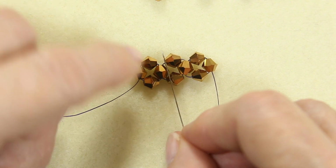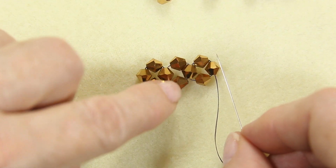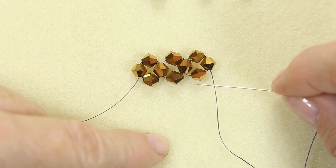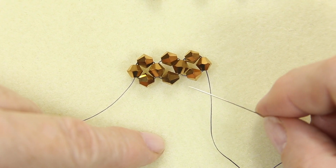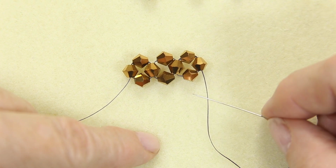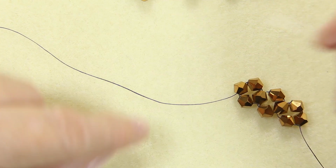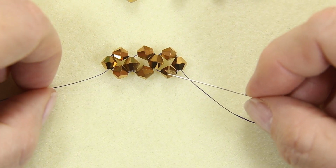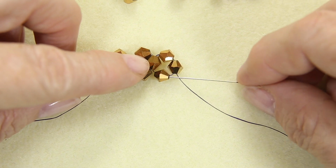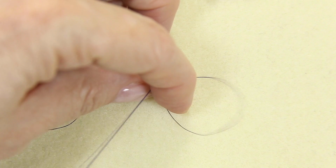So I've got box number 1, box number 2, and box number 3, and I'm going to add a second row. You can add it onto this side or to this. I'll add it onto this side. So to do that, this one will become my bottom bead. So if I just carry on around and go through,